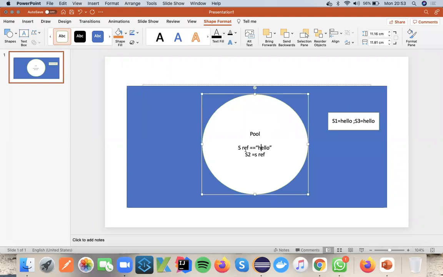So here what we said is, when you declare hello again, it will not create a new instance. It gives the memory location of S1 to S2. So this is the S memory location. When you declare the same hello for S2, it is taking the S1 reference. No new hello object is created. We are using the same object.